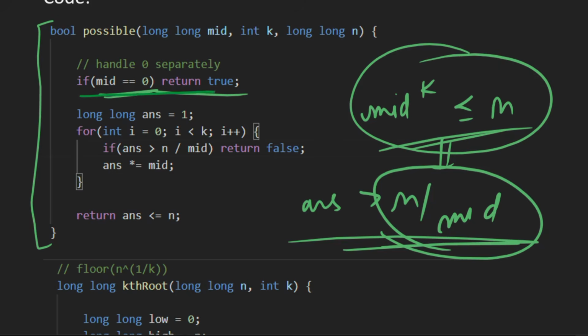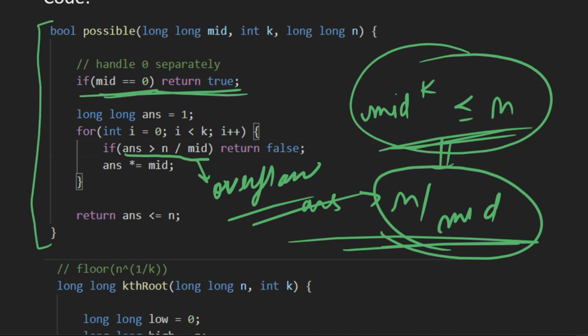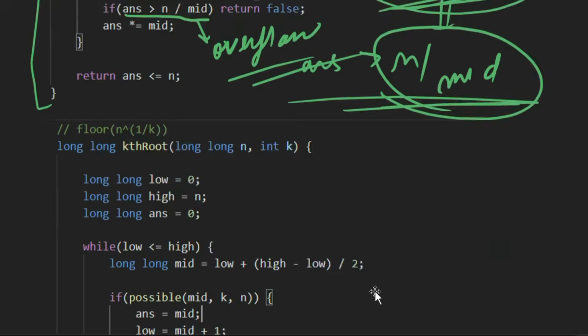That's why we are handling the mid equal to 0 case separately, and we are doing answer is greater than n by mid to handle the overflow situation, right? So this will check whether mid to the power k is less than or equal to n, right?